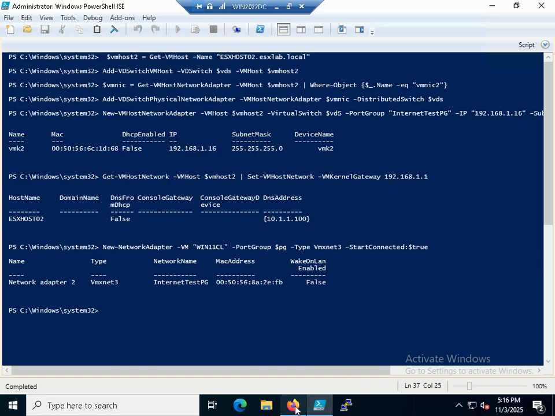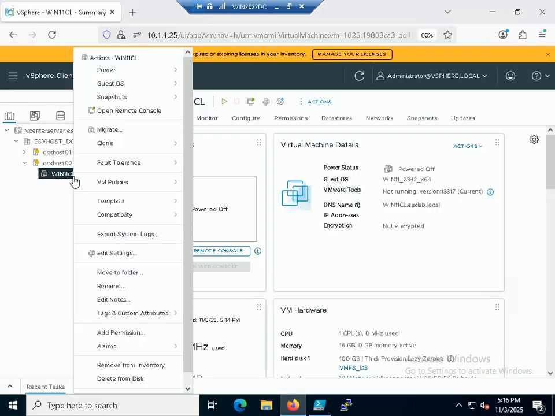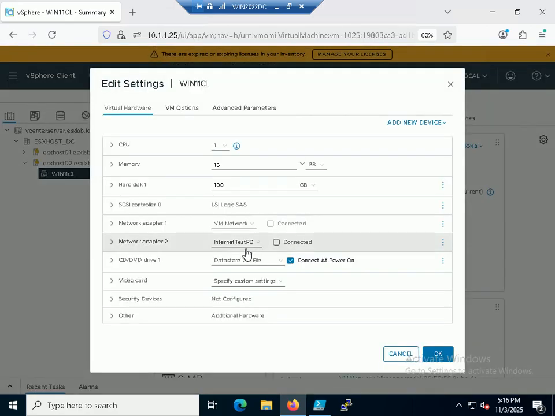How to verify it? Let's go back, go to the Windows 11CL edit settings, and you can see network adapter internet test PG, right? And it will get connected automatically. See here, connect at power on. It is already connected. Sorry, not this one, but it will get connected automatically because we have set that option to true. Okay, so